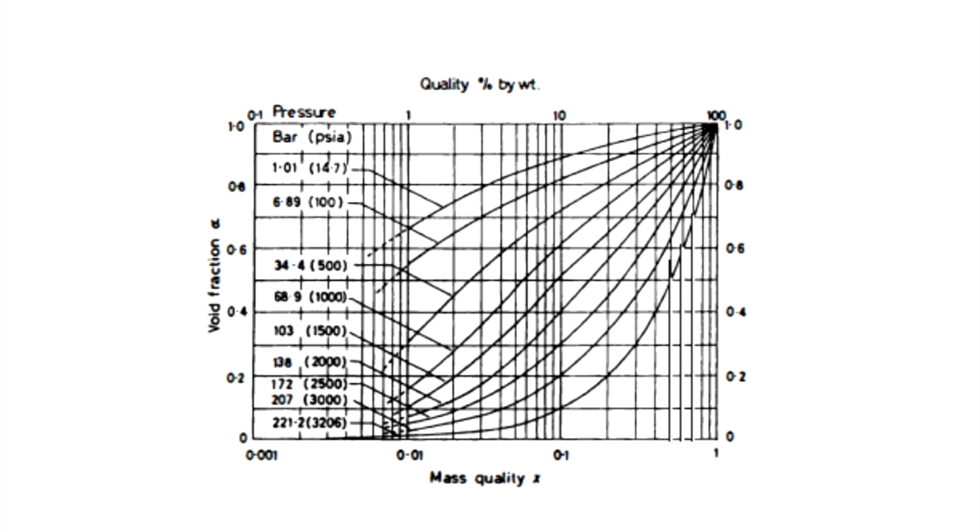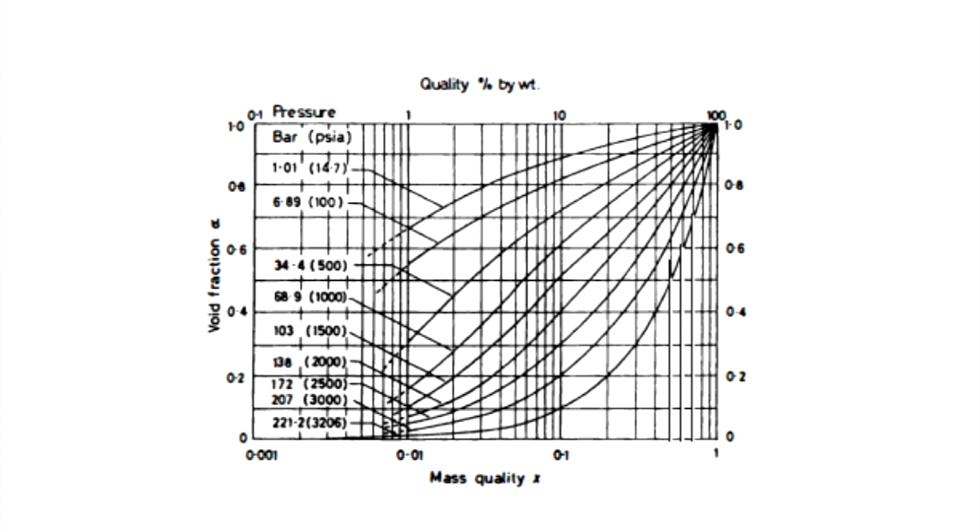Now, to calculate delta p z, we need rho double bar, and then to calculate rho double bar, we need alpha bar, the average void fraction over the length, but there is no graph which directly gives alpha bar. So, we have to find alpha at different points at different locations on the pipe from the inlet to the outlet, and then integrate from inlet to the outlet. Okay, from x equal to 0 to x equal to xo, we have to integrate.